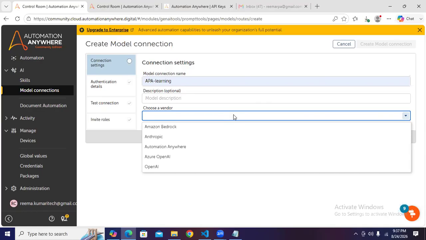So if you want to access those models via your AI providers, and those AI providers are mentioned here and you have those API keys, you can select from here, from this drop down. As of now, this is a community version, so there's a limited AI provider. But if you are